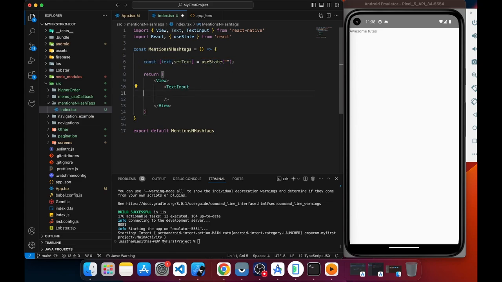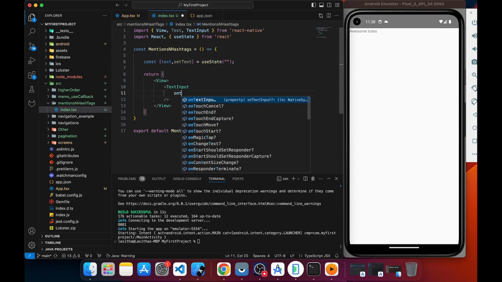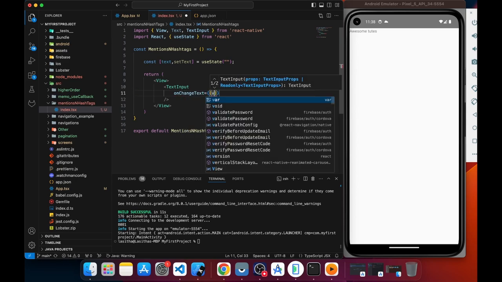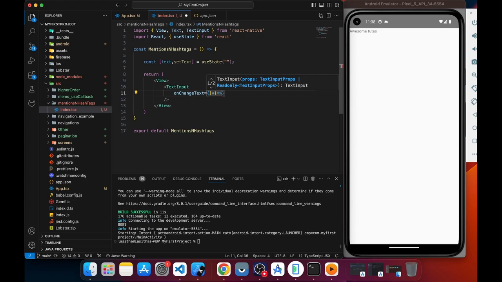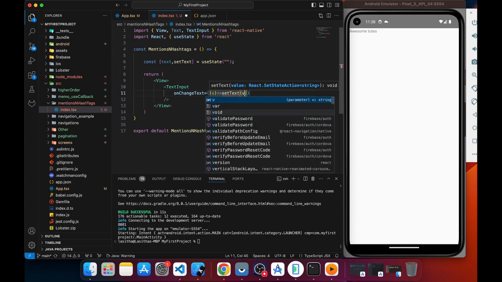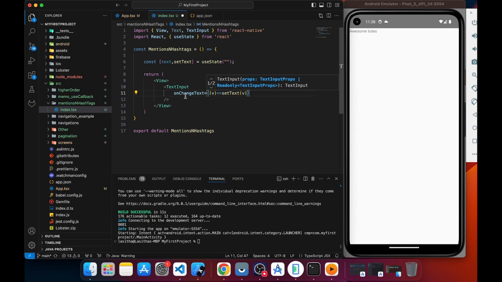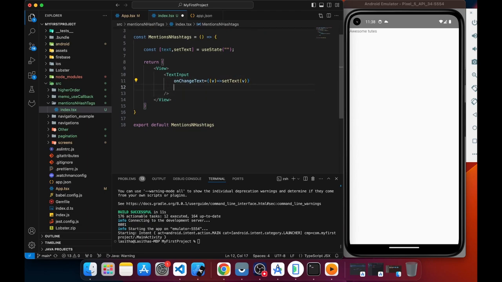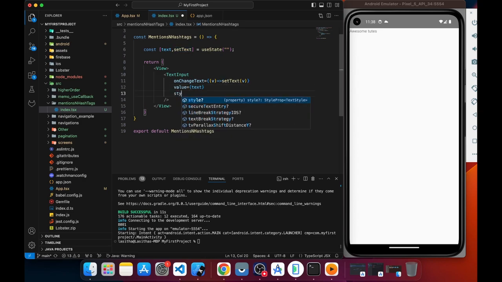To do that, I'm going to implement onChangeText, and through this property I'm going to assign setText like this. Then I'm going to initialize the value. So the value will be text,